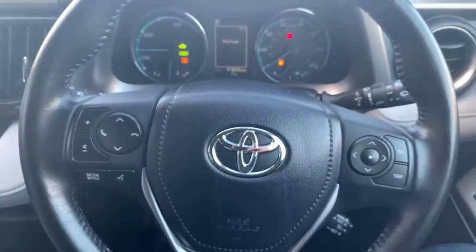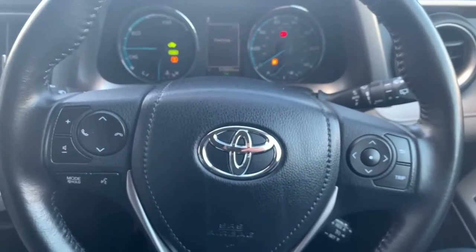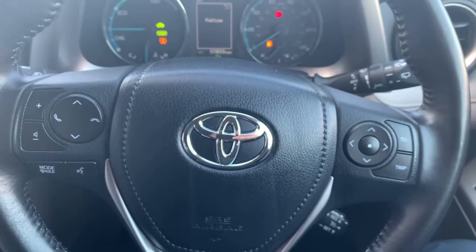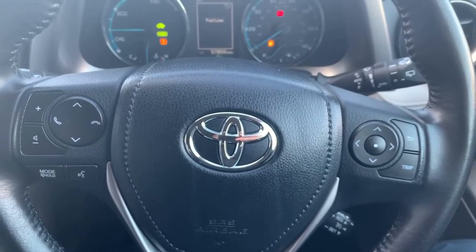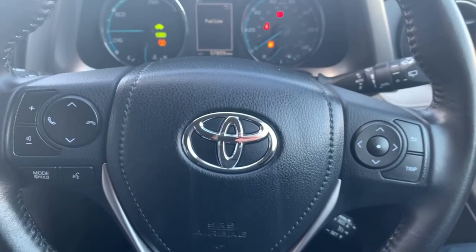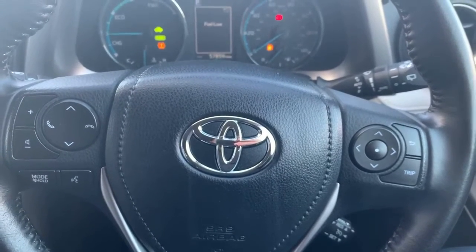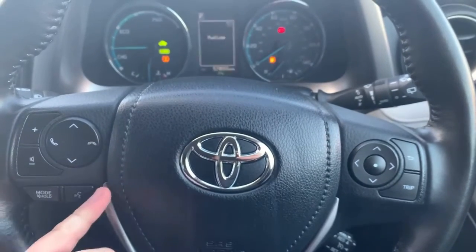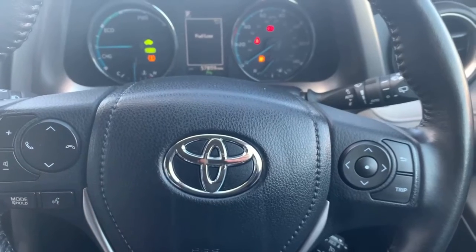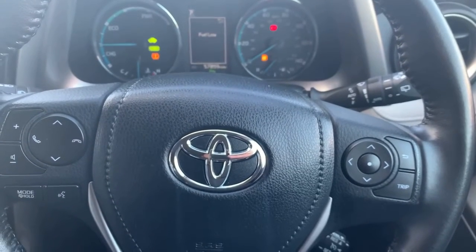Then we've moved inside the car. You can see there's quite a few different controls on the steering wheel there, to try and make your driving experience as easy as possible. You've got telephone on the left-hand side there, with also the volume control for the radio as well. I've also got a voice control, which you can see at the bottom left-hand corner just here, which will be if your phone is connected, you can use your phone or use your voice to call someone rather than cycling